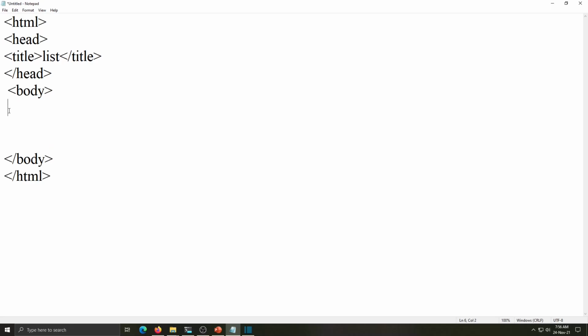So first we will see UL, meaning unordered list. For that we have the UL tag. Basically, unordered list means bulleted list. So here we will write the closing UL, and in that we have to write the list. This list tag is a nested tag. So UL for unordered list and li for list item. The actual list we have to write in an li. So I am going to write some fruit names here.